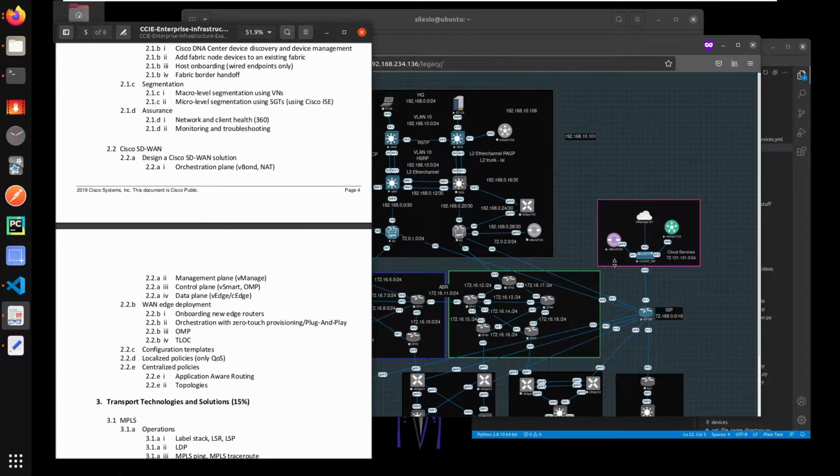But the problem was that the controllers had to be reachable through public IP address, and the onboarding process is like this: the vEdges first have reachability to vBond, and once they authenticate themselves to vBond, then vBond is going to share with them the IP of vManage and vSmart. And the problem is that vBond was passing the private IP address, not the public IP address,